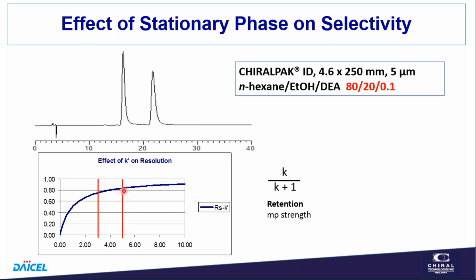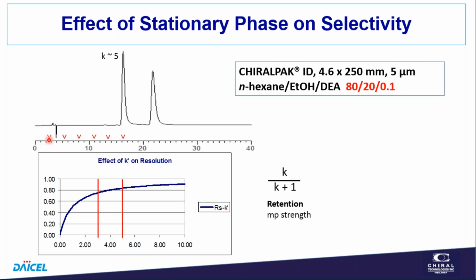And so thinking about the backwards way of thinking about this diminishing return: if there's a diminishing return and an increasing retention factor for improving resolution, maybe if we decrease retention, we pay a small price in less resolution. So I don't have the experimental details, but I would expect that we would probably get faster analysis going to lower retention and probably still have adequate resolution. But it'd be certainly an experiment worth running. So maybe try 70-30 on this.